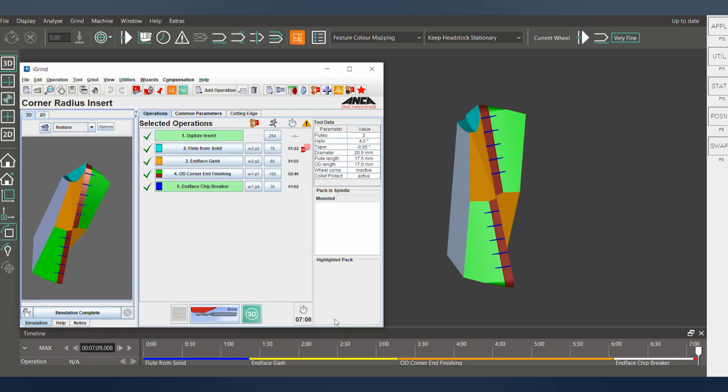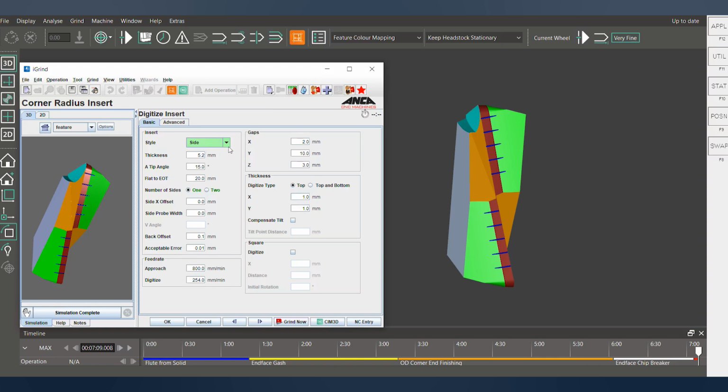as per the drawing. Now, the digitizing operations are also standard, and you can add whether your reference is the side, the hole, the V shape, or the square notch in the middle of the insert. And there are several other operations available in the insert type, and there will be another tooltip which will explain exactly what the insert digitizing operations do.